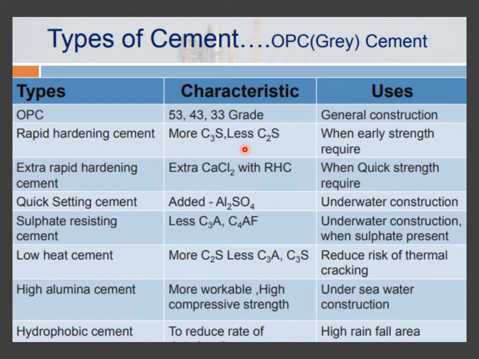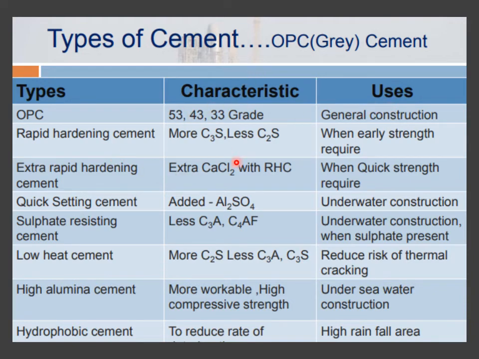So whatever types of cement we have studied in the earlier slide, now we shall check out what the applications of those types of cement are. So we have studied OPC cement, that is 43, 53 and 33 grade of cement. Based on their strength they have been classified, and they are used for all general types of construction. Depending on the type of structure you are constructing, or the loading criteria, you should choose different grades of cement.